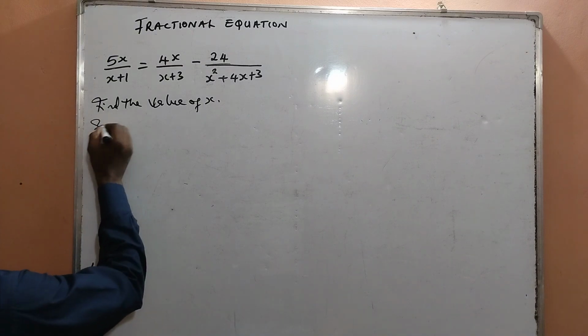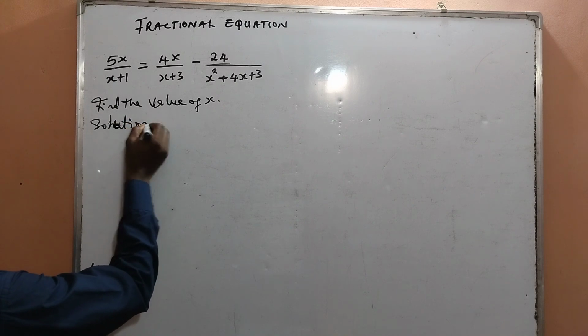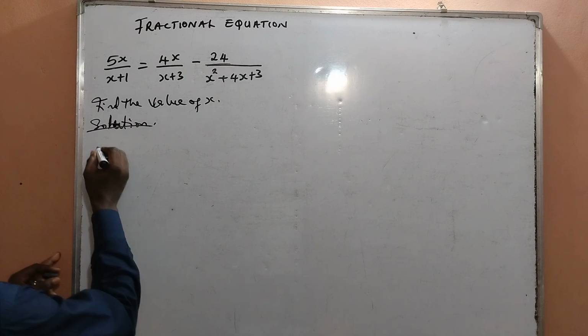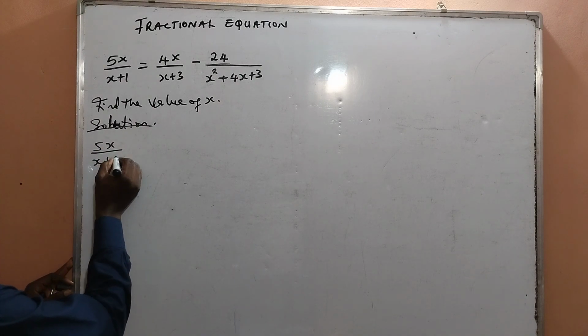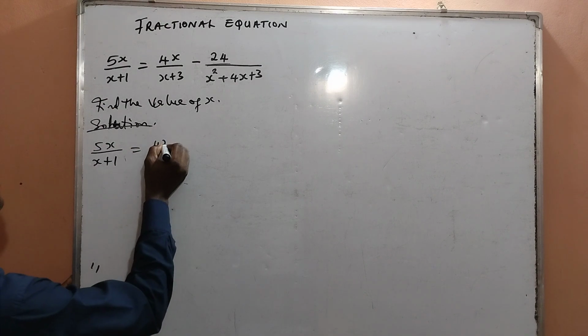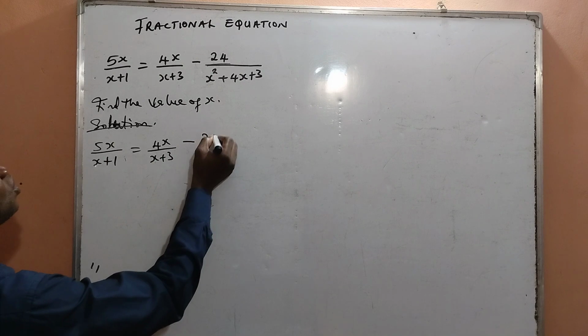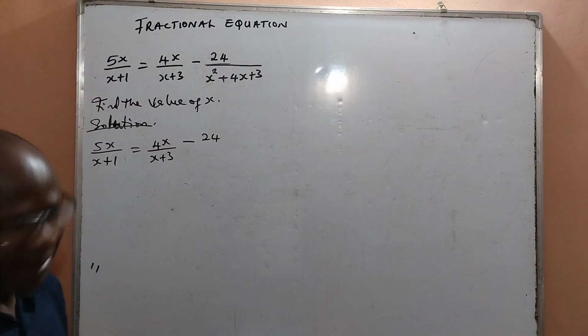Now, by solution to the question, I am given 5x all over x plus 1 equal to 4x all over x plus 3 minus 24. What I want to do first, I want to